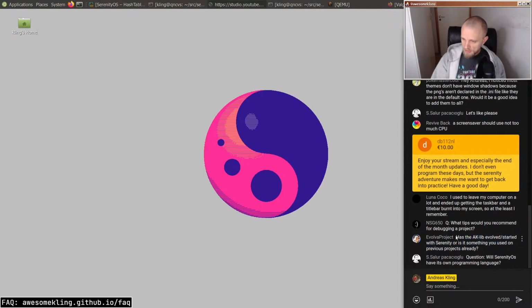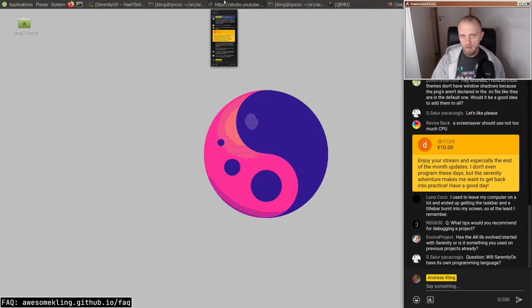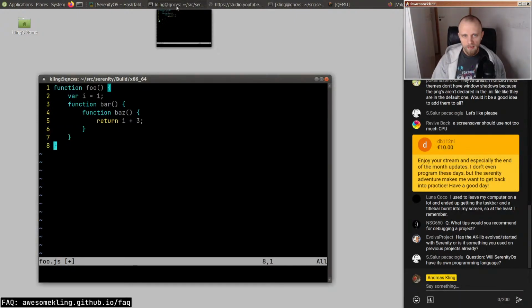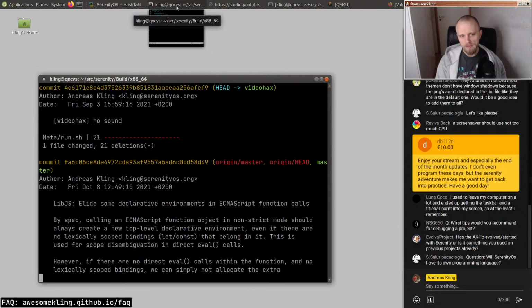Evolve project says, has the ACK lib evolved or started with Serenity, or is it something you used on previous projects already? So the ACK library was basically where, or part of where, the Serenity project started. If you go back to the beginning of the history of the Serenity project, which will take a moment,